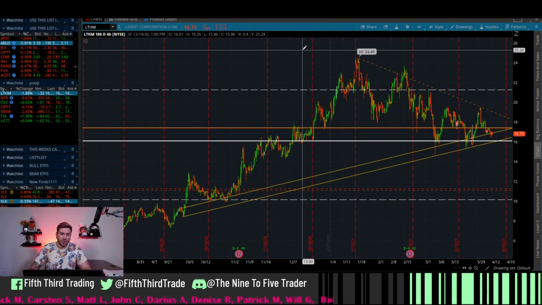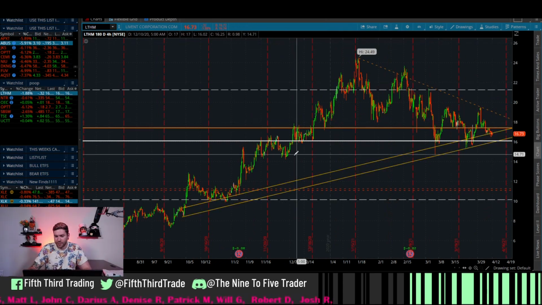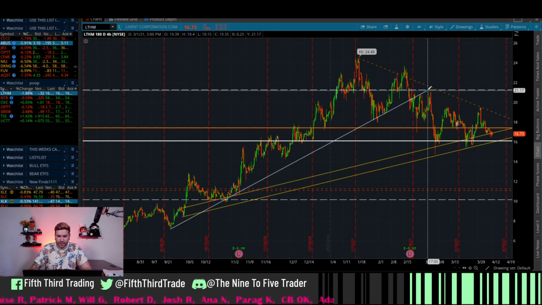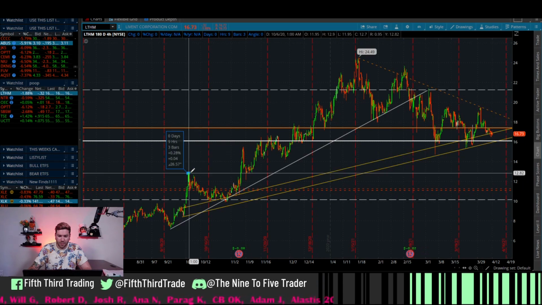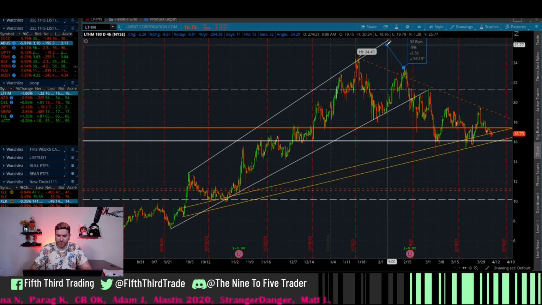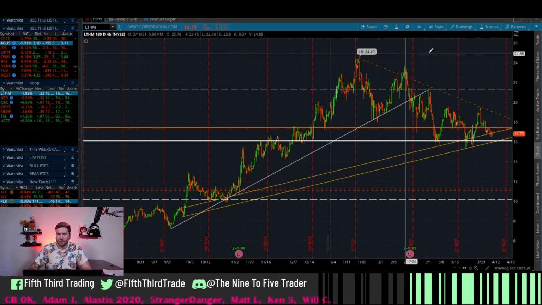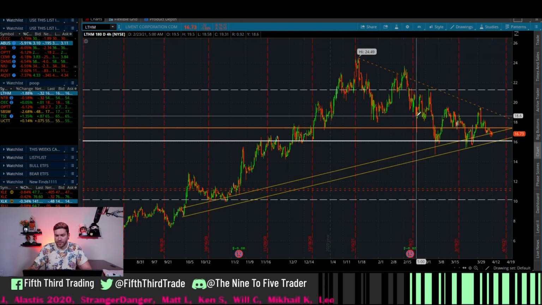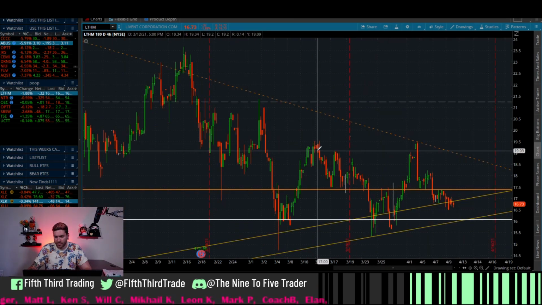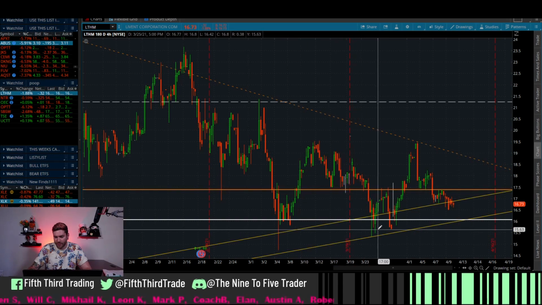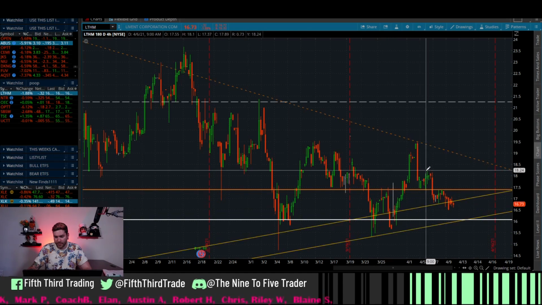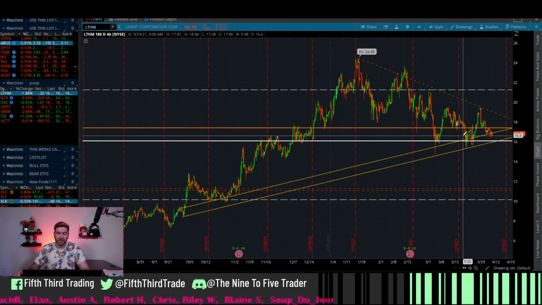And so what we're looking at with LTHM, you would say it's an uptrending ticker here. And this is a great lesson in broadening wedges. Over here we had a nice moving ascension, but then this line right here was broadening out. And as soon as this didn't touch up here, a new pattern formed. The pattern started with lower highs and then lower lows. What we're looking at here is lower high, lower low, lower high coming down. But look at lower low, then a higher low, higher high, hopefully a higher low. So we're trying to see a triangle form here.